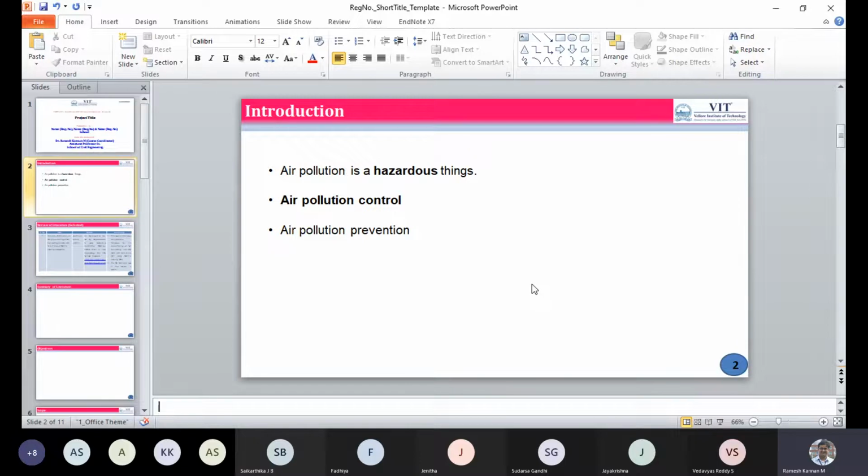Otherwise somebody may have a very good design and somebody a simpler design, and somebody may not have much content but their presentation looks very beautiful. In order to avoid those biases, I'm going to give you this particular template to work on, right?